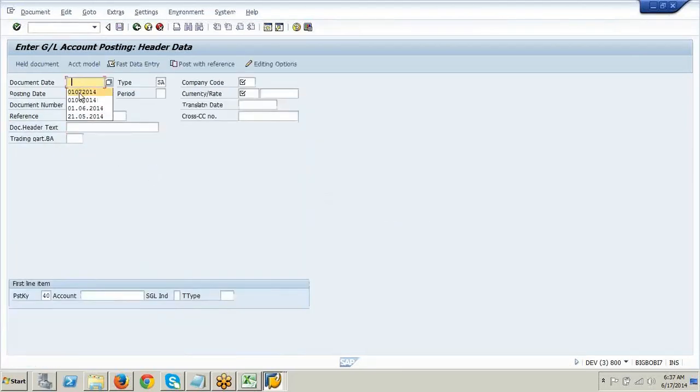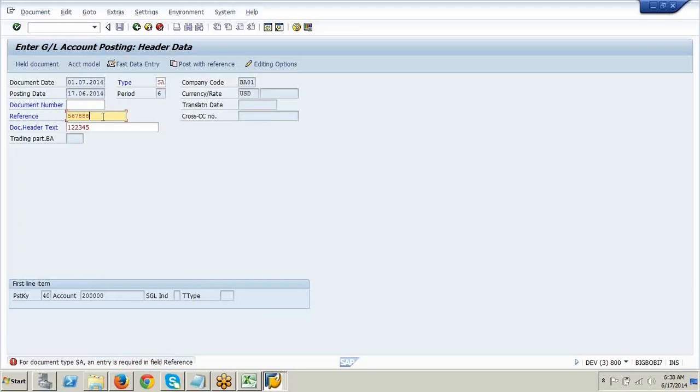See, when I try to post these fields, document header text. So I'll give this document header text, something I'll give. Say enter. Next is what? Field reference. The purpose of these fields is only for reporting.